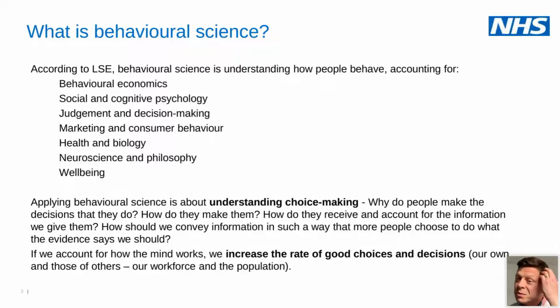So it brings together all sorts of specialisms like behavioural economics, cognitive psychology, marketing, health and healthcare, biology, neuroscience, even philosophy and well-being, and so on. Behavioural science is all about understanding choice making. So how do we consume information to aid our choice or decision making? What do we do with that information? Which of those things that our minds, what our minds do are good, and which of them are not so